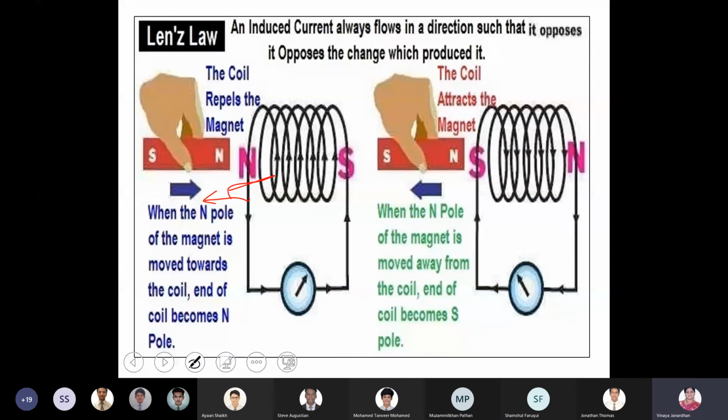If you can draw the rough diagram, it's better, boys. Write the statement and draw the rough diagram, because all your reasoning based questions with diagram will be checked. So you draw a coil and a magnet where the north pole is moving towards the coil. That becomes the cause. It doesn't want the north pole to move towards the coil, which means in the coil the current should flow in the anti-clockwise direction. Only then you'll get a north polarity. Just draw this, boys. The coil has to repel the magnet.